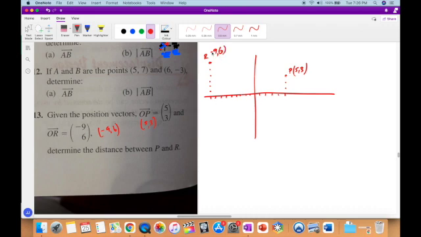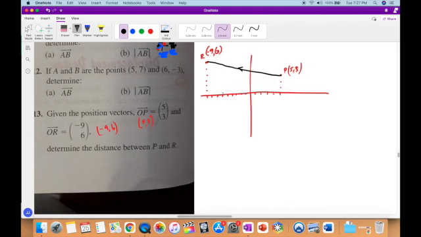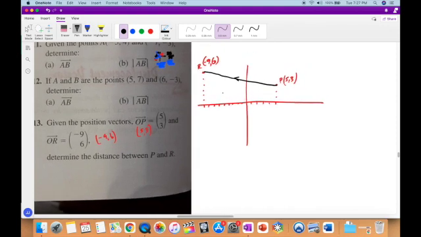Now, yes, you could have used position vectors to work this out because they want to know the distance from P to R. And in order to find the distance from P to R, you're going to have to work out the vector PR. And yeah, you could do the whole position vector thing, and we'll do that after, but you didn't really have to. If you notice that a position vector is just a point, right? Then you could have said, well, okay,